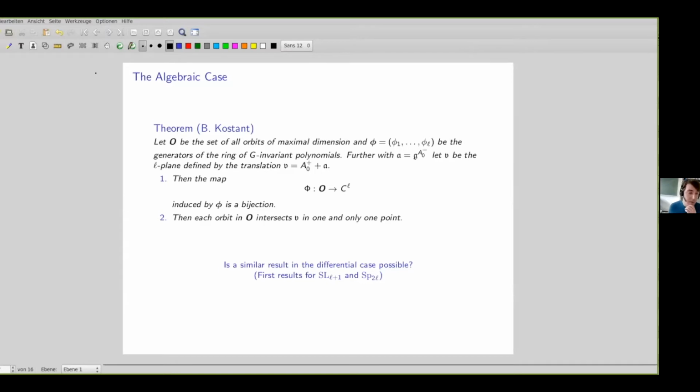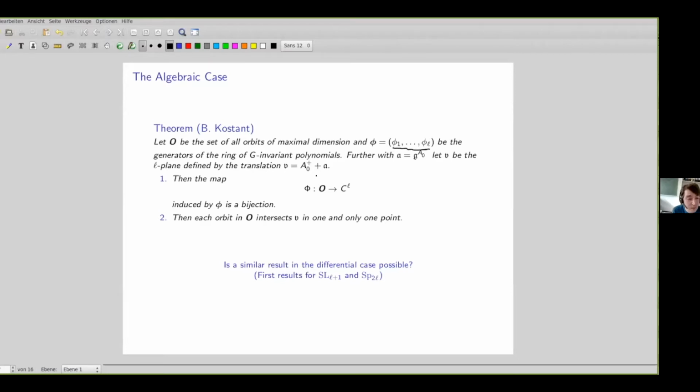This is done by Kostant. And then everything becomes just the adjoint action of G on the Lie algebra. And you can then look at the polynomial functions on the Lie algebra, and the action induces an action on the functions, and you can consider the ring of G-invariant polynomials. And it's proved by Chevalley that this ring of invariant polynomials is generated by L, the Lie rank, many generators, which I denoted here by phi.